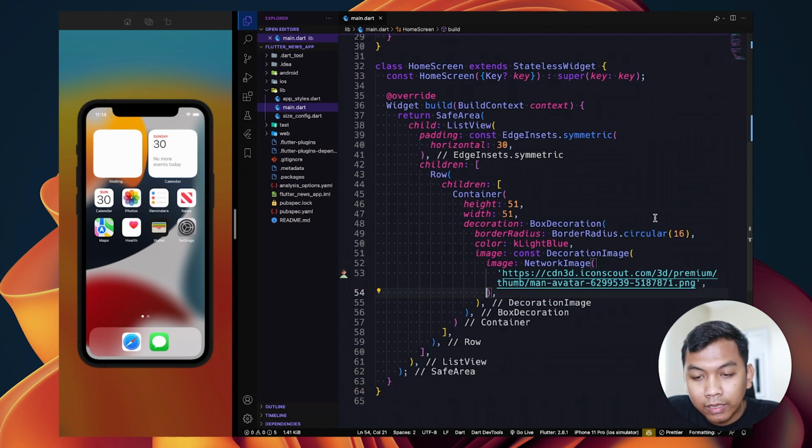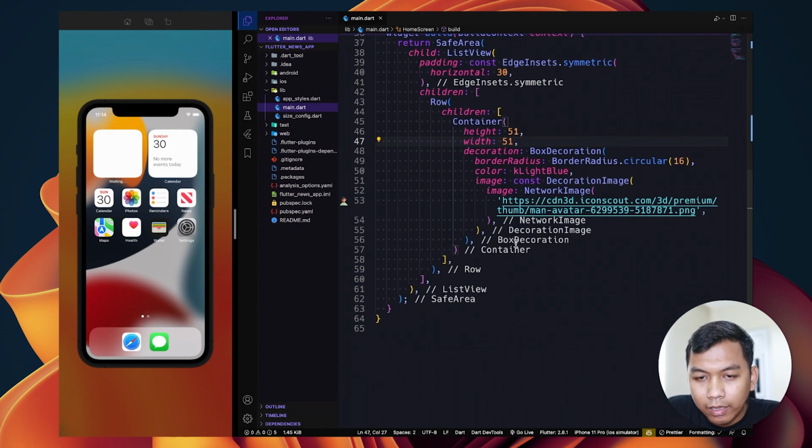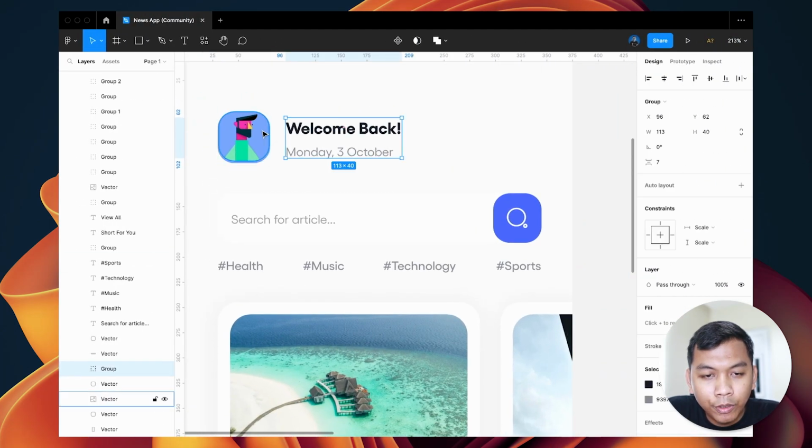Alright, so that's for our user avatar. And beside the user avatar, we have a component again, which is a Column widget because it's aligned from top to bottom.